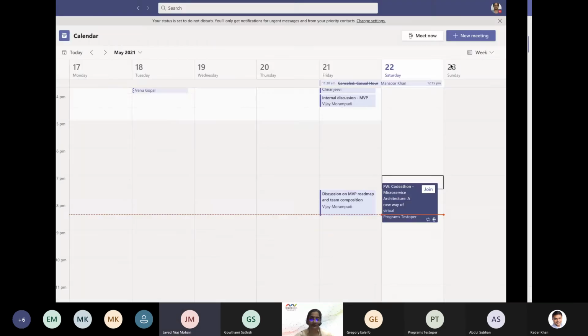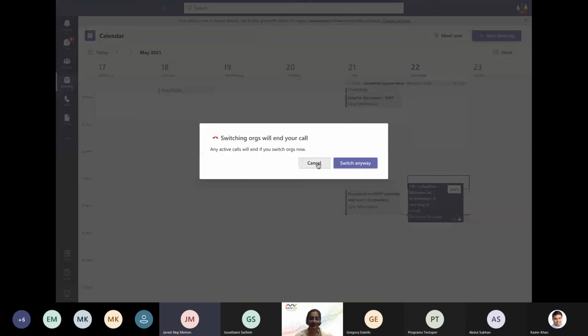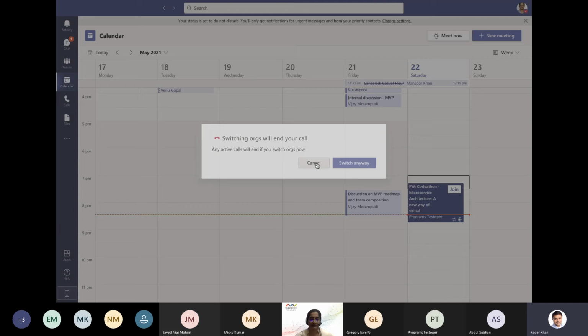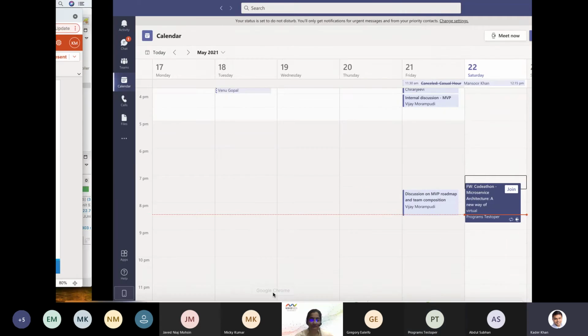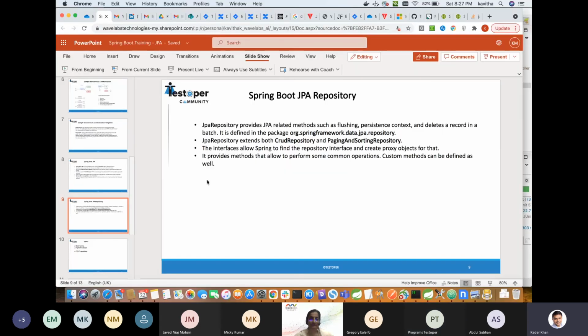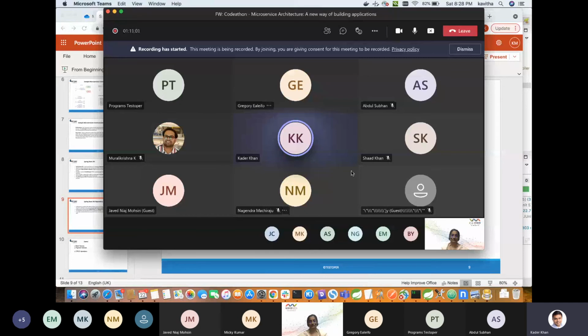Okay, I am trying from mobile. But first you need to log in, right? You have your email address and password. Like any tool, even to get into the Microsoft Teams of Testoper tenant, you have to have a login and password. So login is your email address and password is yours. When you provide your first name, last name, and your email address, the operation volunteer team creates an account for you.